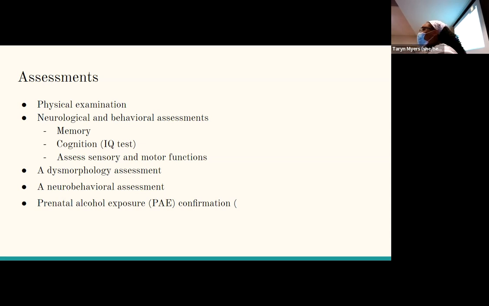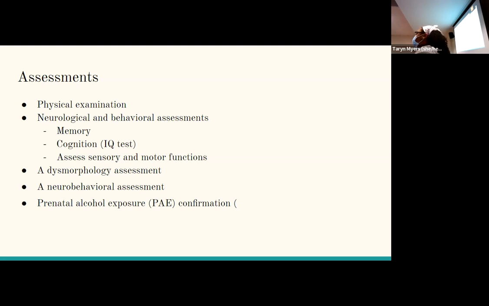They do a dysmorphology assessment, so just how the body is disproportionate, and they measure the difference in brain size, thighs, head, and prenatal alcohol exposure. This doesn't always necessarily mean that that happens to diagnose it, but